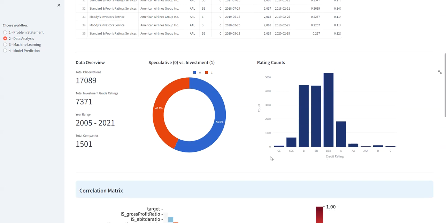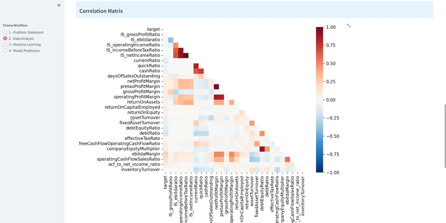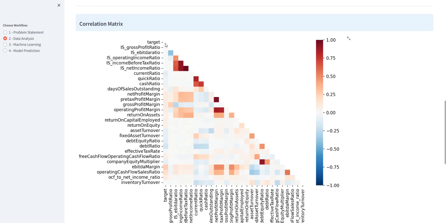This is the distribution of the ratings. What is above BBB, including BBB, we call investment grade rating. What is below BBB is junk bonds, or speculative grade bonds. And this is the correlation matrix, where our target is whether that is an investment grade bond or not. If it is yes, that is an investment grade bond. If it is zero, no, that is a speculative bond rating. You can see the correlation between different features. You can definitely see some collinear features and what is the key driver for our target variable.